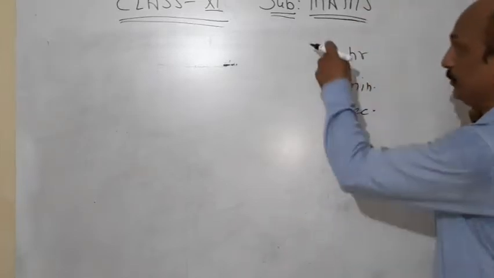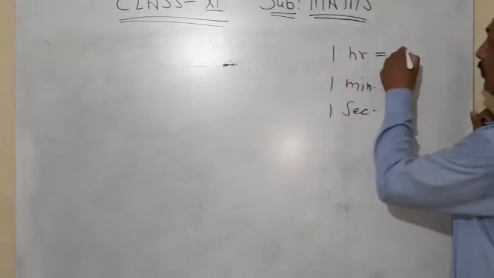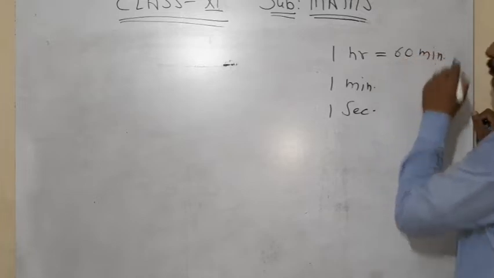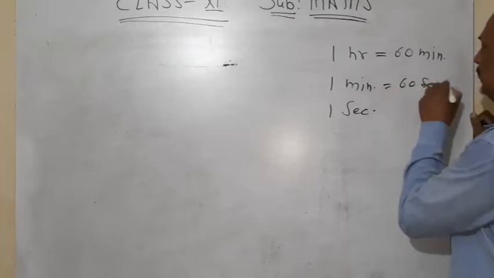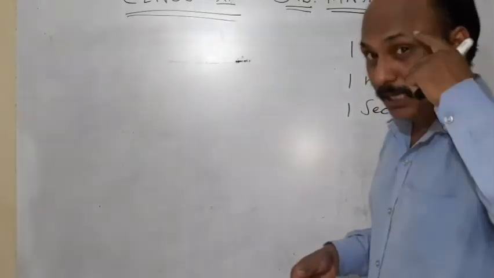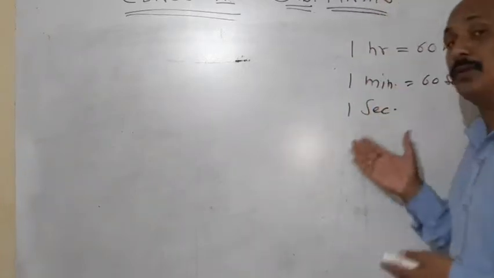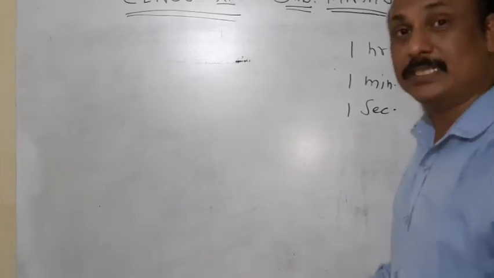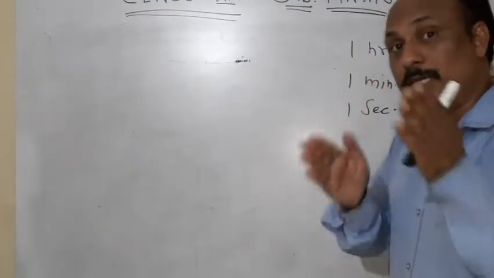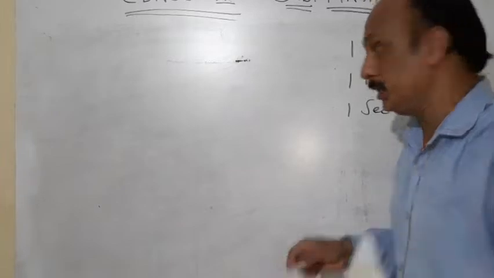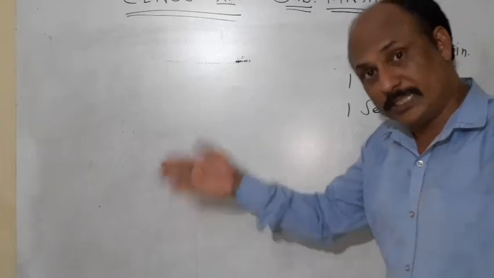And the relation between them, we all know that 1 hour is equal to 60 minutes and 1 minute is equal to 60 seconds. Now the question may click in your mind: sir, why are we discussing time measurement here in this class? Like 1 hour breaks into equal 60 parts which are called minutes, and 1 minute breaks into equal 60 parts